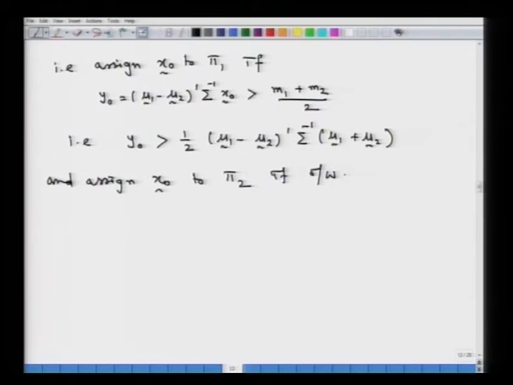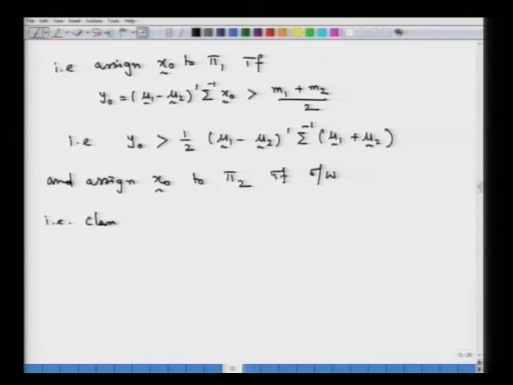So, we are going to divide that particular segment m 1 m 2 through its midpoint, and if the value of y naught is closer to m 1 than to m 2, that is if y naught is greater than this midpoint and it is on the right hand side of the midpoint, we will assign that x naught new observation to pi 1, and if it is otherwise, we are going to assign x naught to the pi 2 population. So, this basically is the rule, the classification rule,